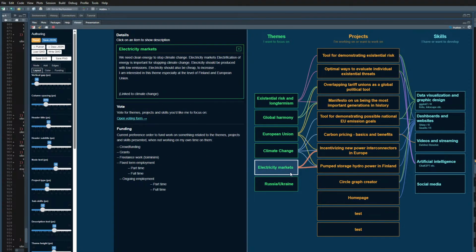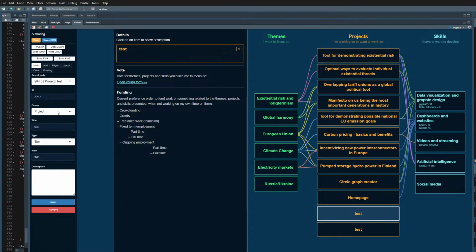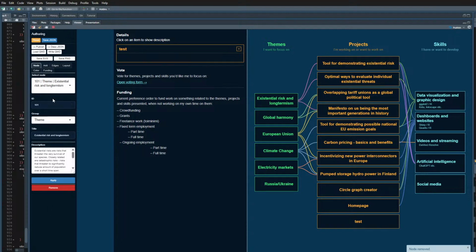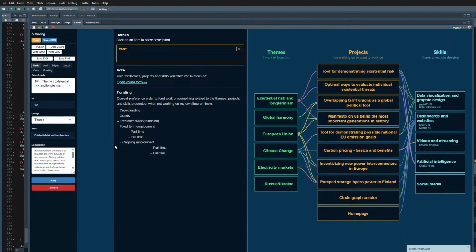Yeah, now let's look at. I'm gonna actually remove these empty nodes, and then I'm gonna do a bit of testing. Okay, there's this test node. Remove. I'm gonna remove this as well. So now